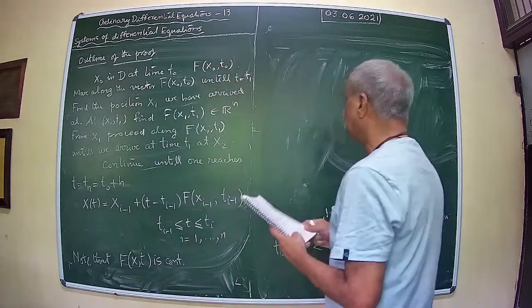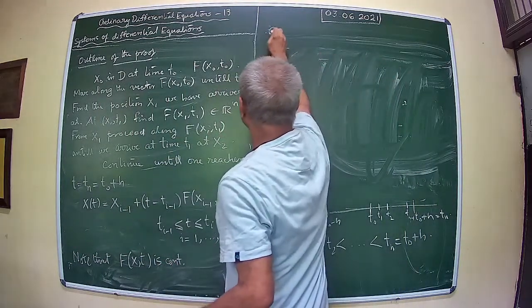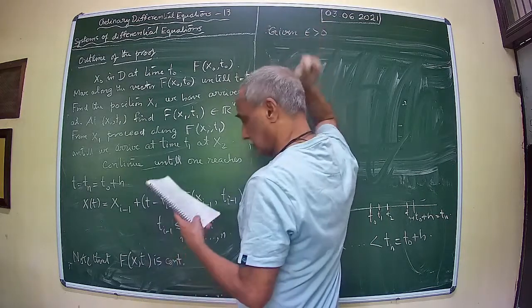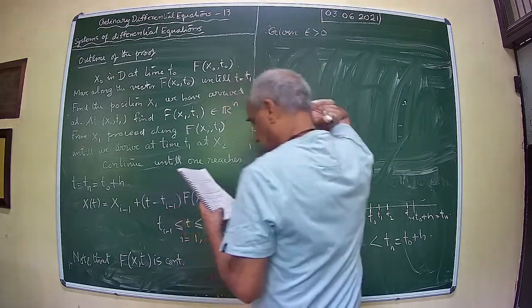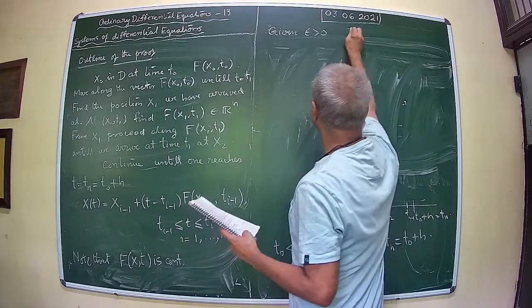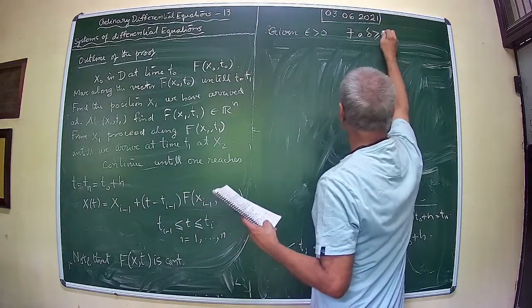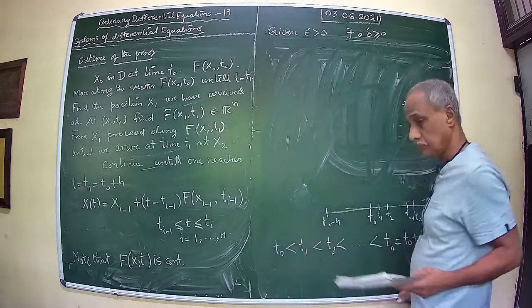Therefore, given epsilon positive, there exists a delta positive such that